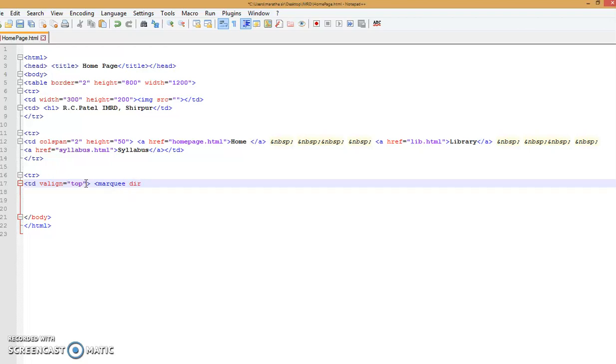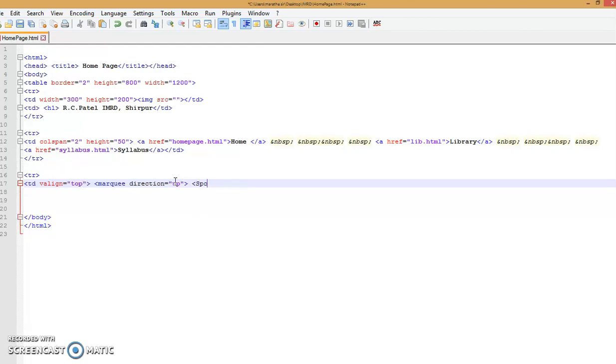Marquee direction is equal to up, and we pass the particular links here.